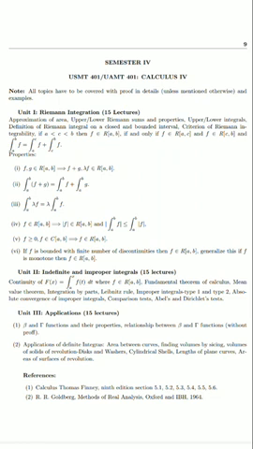Properties of Riemann integration: f and g are Riemann integrable functions on closed interval ab. Then f plus g is also Riemann integrable. Then lambda times f is also a Riemann integrable function on closed interval ab. Second property is integration over a to b of f plus g is equal to integration over a to b of f plus integration of g over a to b. Third is integration of lambda f over a to b is equal to lambda times integration of f over a to b.